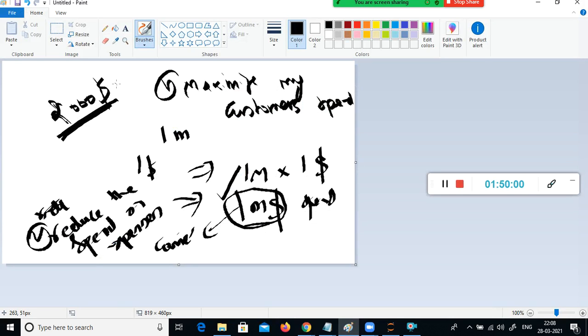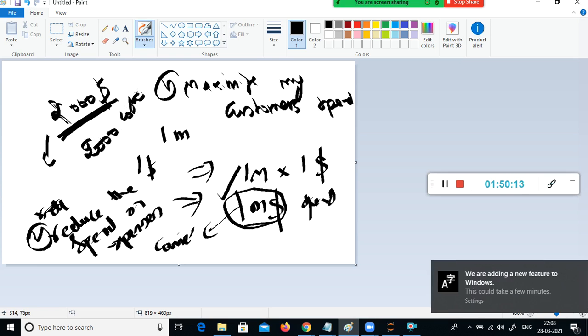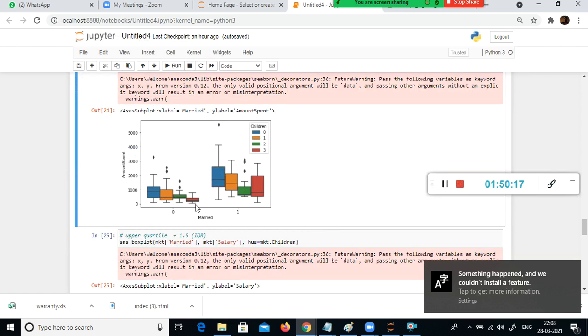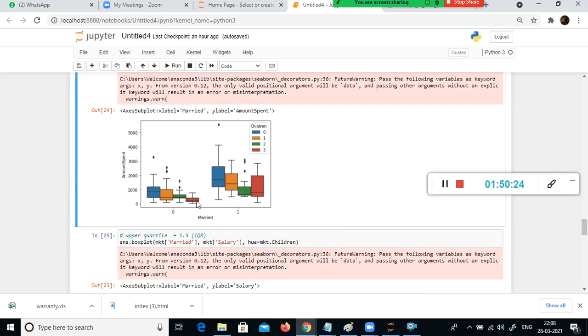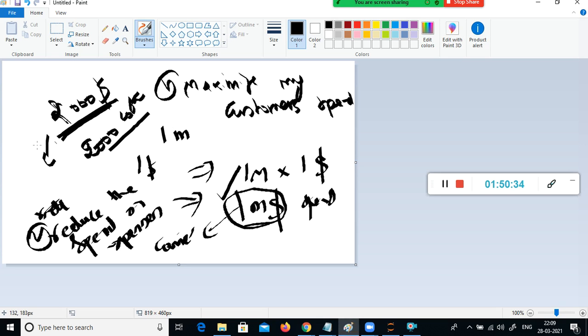$2,000 only I can give you for the marketing expenses. So per person, if you send the courier, how much does it cost per person? You can send the catalog only to 2,000 customers. But if you send the 2,000 catalogs to these people, what will happen? Sales will be low. Waste of money, right? You wasted $2,000. But you are a smart marketing manager, you are conducting some kind of exploratory analysis. With this, you are able to understand that my budget is only $2,000.